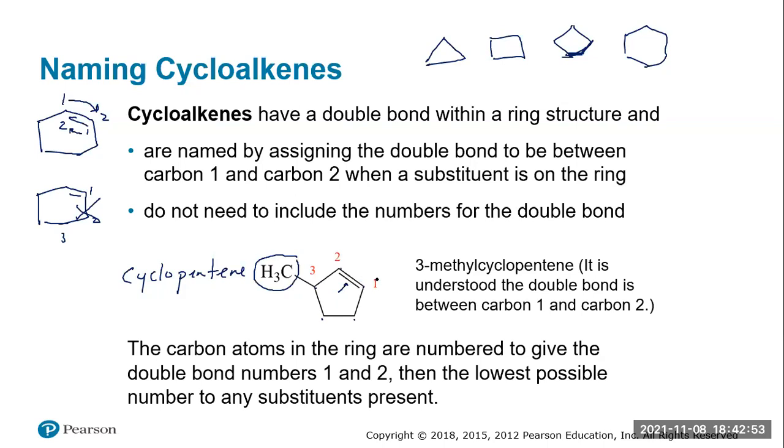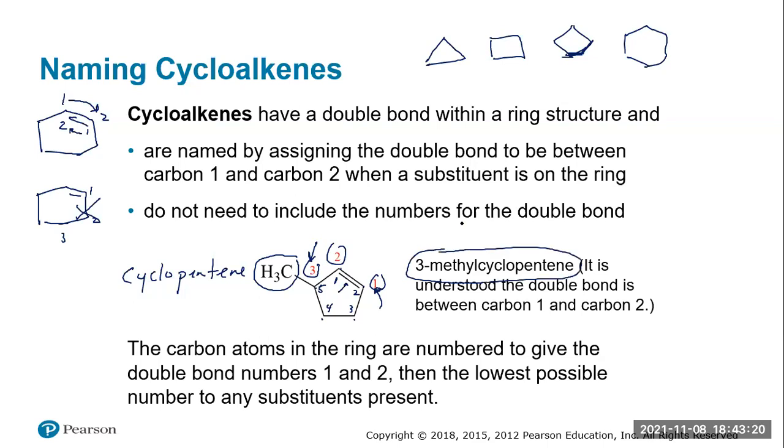We could go like they did, 1 and then through the double bond, 2 and 3. The other option would be start here at carbon 1, go through the double bond, which would be 2, 3, 4, and 5. Again, we're looking for the smallest number, which means numbering in this direction is the correct way, and that is how we get to 3-methyl